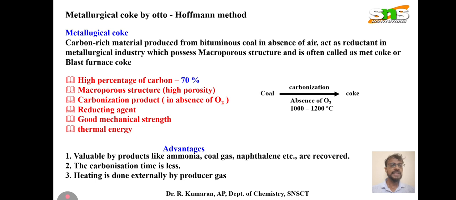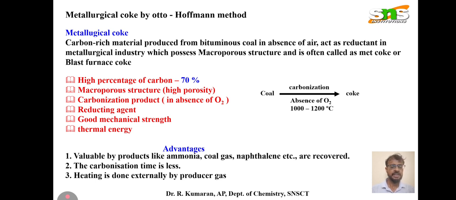and it acts as a reducing agent, that is a reductant, in the metallurgical industry, and it has a macroporous structure. It means a carbon material which has a macroporous structure, meaning the pores are very big in size, and it is often called met coke or blast furnace coke. From the starting material, bituminous coal, the carbonization process